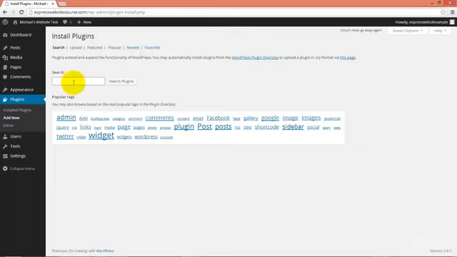By default, you're in the search screen already, so let's search for a plugin. I'll typically type in some keywords that describe what I am looking for, or if I know the plugin's name directly, I'll type that in. Another good way to find plugins is to do some Google searches, such as the term WordPress plugin contact form, and see what results come up and what others are saying about them. Then find out the name of a specific plugin and search for it and install it. In this example, I'm going to search for a contact form. So in this search box right here, I'm going to go ahead and type in contact form